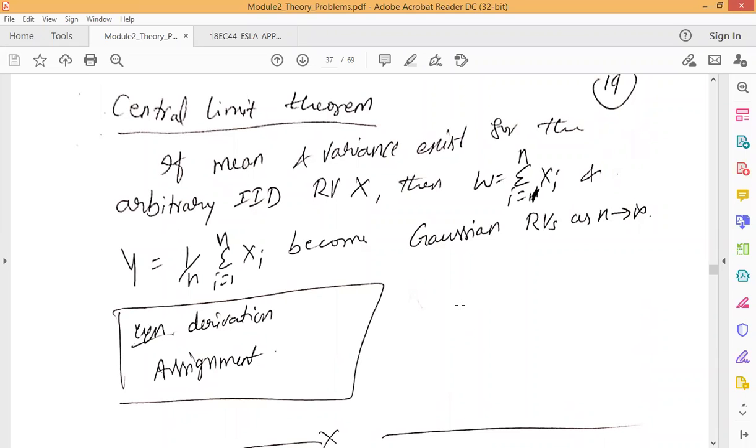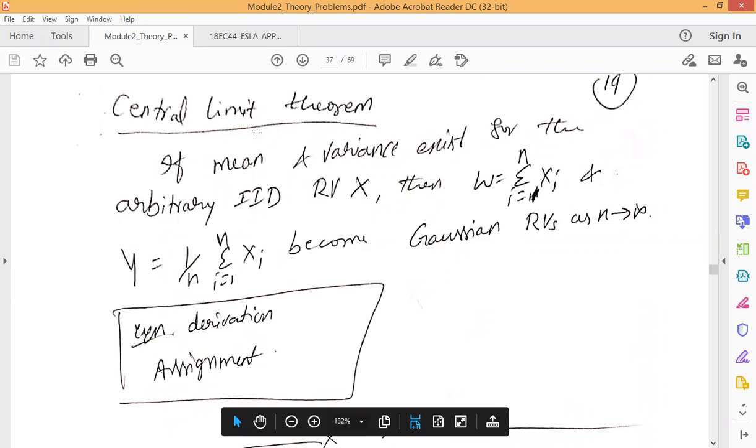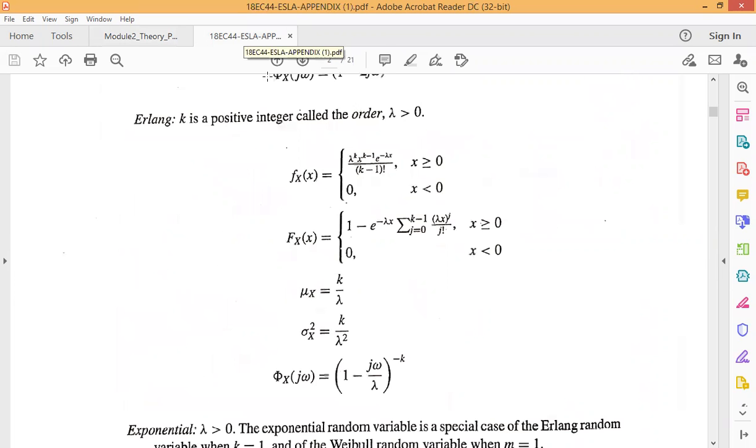So here, using the central limit theorem, we can show that whenever n becomes arbitrarily large, that is, whenever the number of random variables or number of observations becomes large, the PDF for the sum w will be approaching the Gaussian PDF. Correspondingly, we can also look at the values of mean and variance for the approximate Gaussian random variable w.